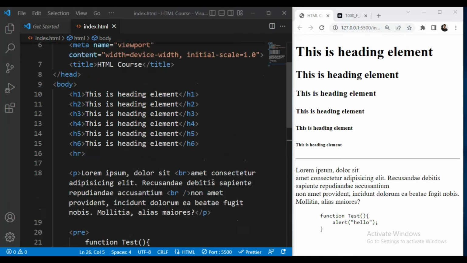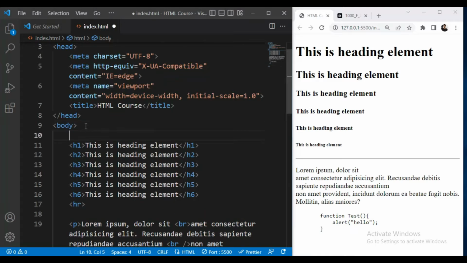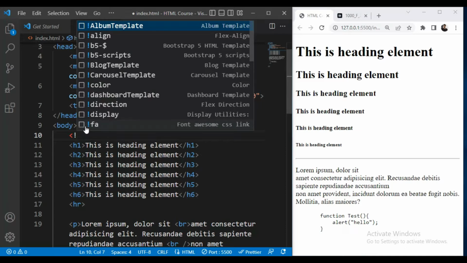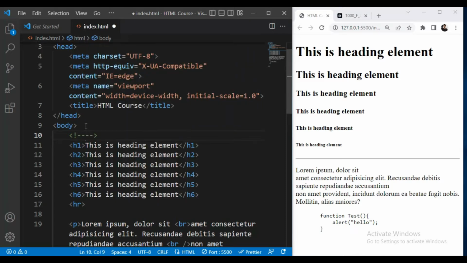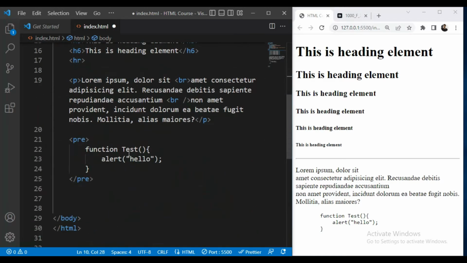For example, if I write here HTML comment, and I'll write here HTML basic elements, I can document my source code, that is, these are the HTML basic elements.